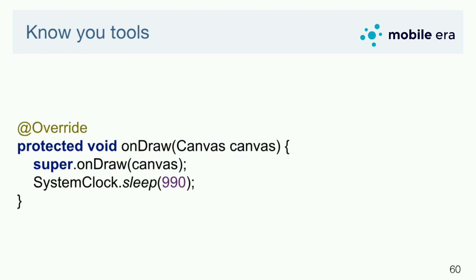And again, I have a couple more stickers. Almost the same, actually. Again, who thinks that this onDraw method will be shown in the hierarchy viewer as a second or a little bit more than a second? Raise your hands. One hand. Okay. Who thinks that it will be a little bit less than a second? One, two hands. Okay, maybe someone has some other idea what will be shown here. Like 10 milliseconds? Okay, you won the prize.